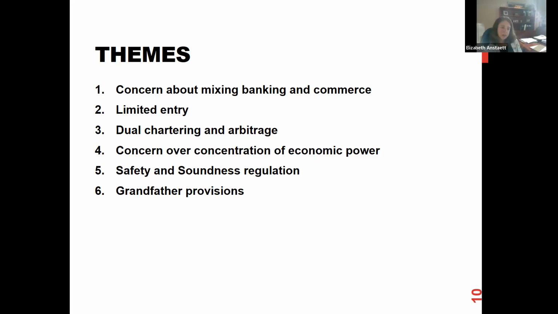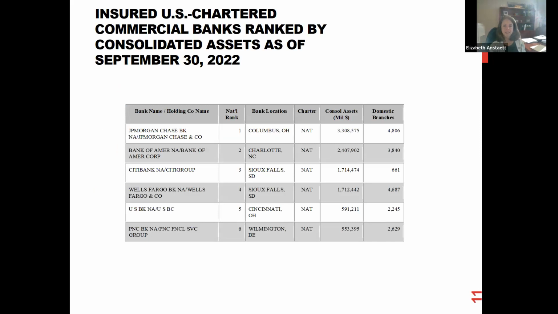So I just wanted to put up a final slide here because I think it is kind of interesting, and this is from a few years ago, but the numbers are still interesting, just to show sort of the size of the largest institutions and their consolidated assets, which are in the trillions. And so, although these ideas of avoiding the concentration of economic power are a part of our regulatory and compliance scheme, we certainly have quite large institutions.